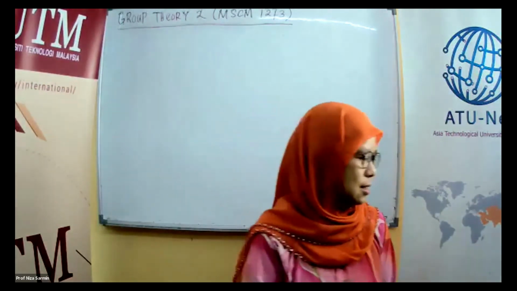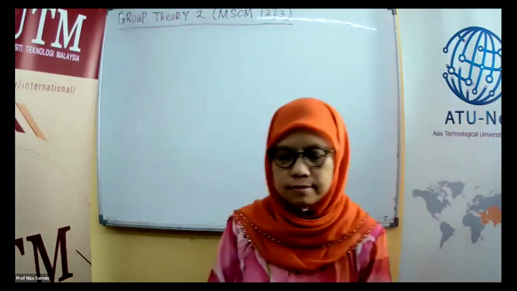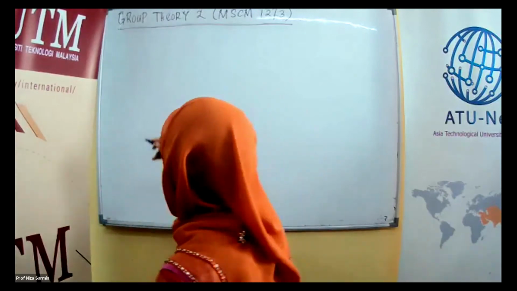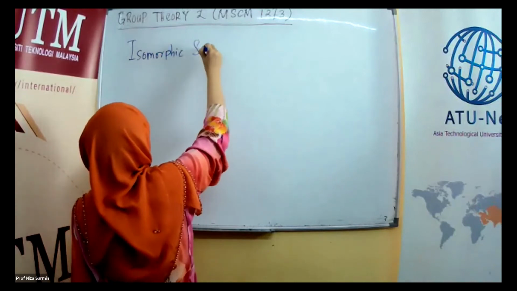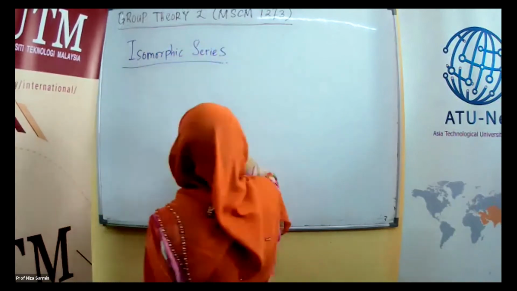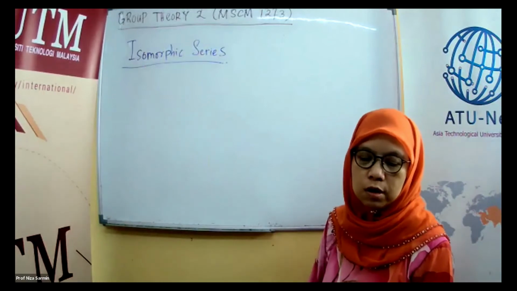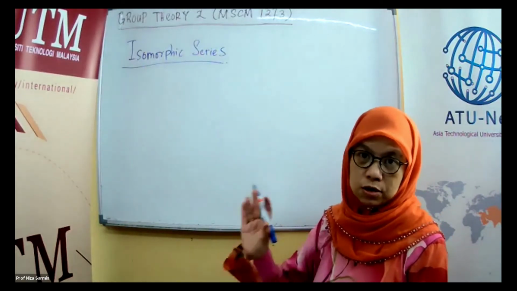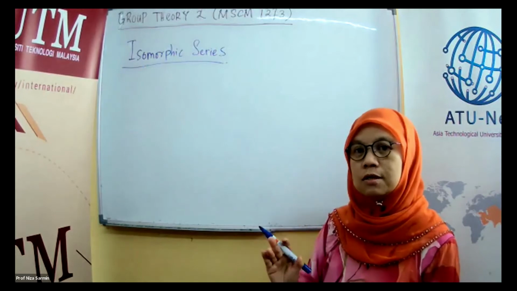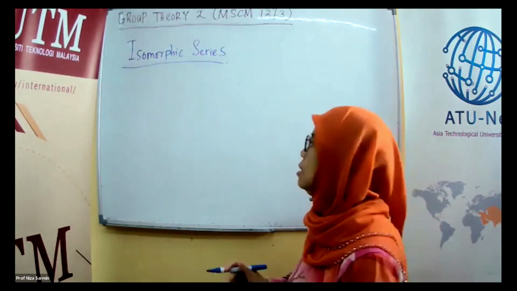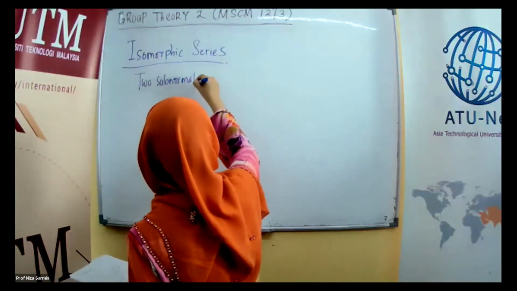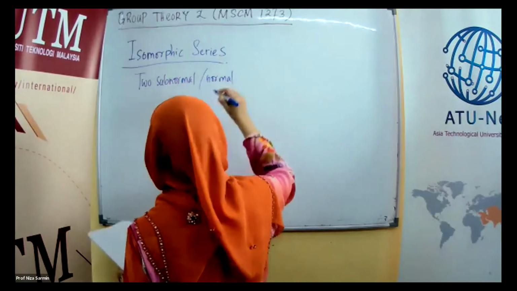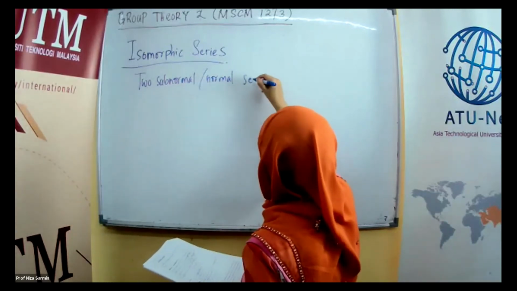All right. So next is, what is it? Isomorphic series. Okay. Now, what is the definition of two isomorphic series? So this time it can be subnormal or it can be normal. Two subnormal or normal series